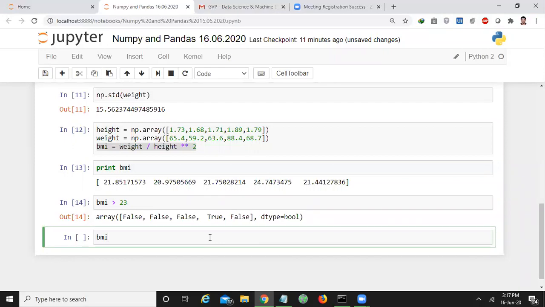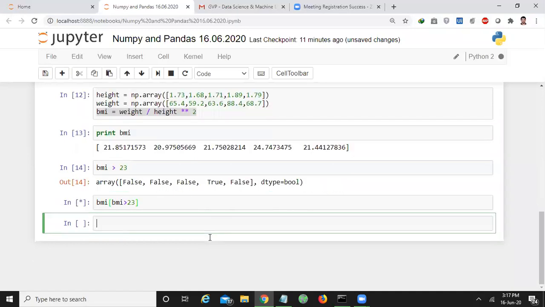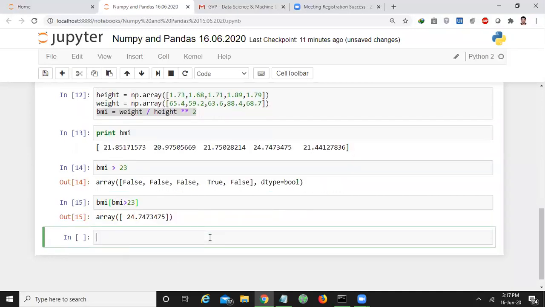For example, if you want to print the values whose body mass index is greater than 23, then you can directly get the value like this. Is it flexible or not? Yes, you can directly get the person who has the body mass index greater than 23.